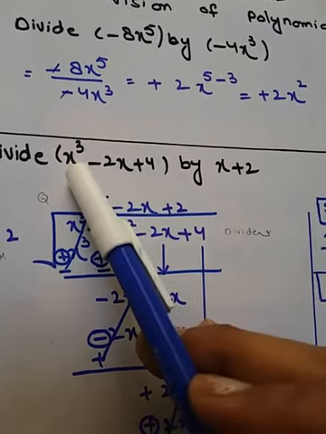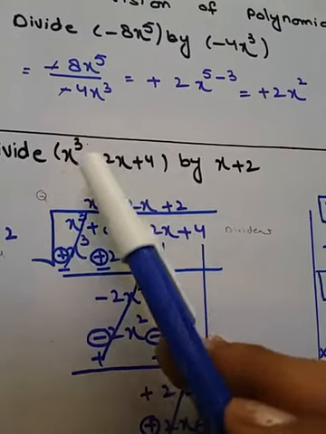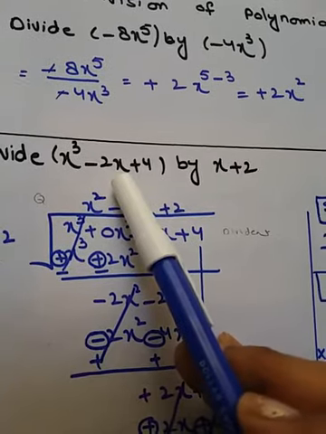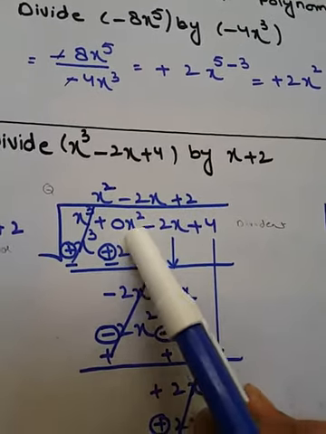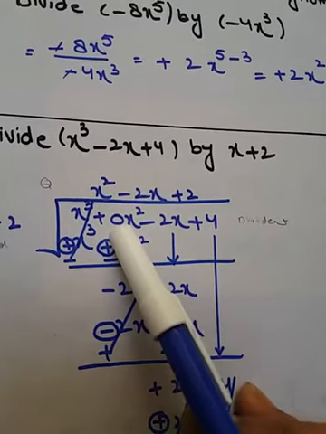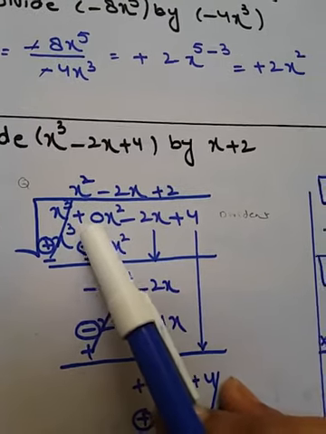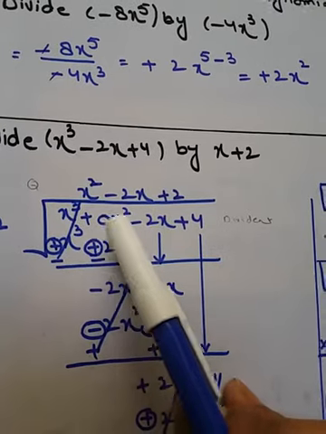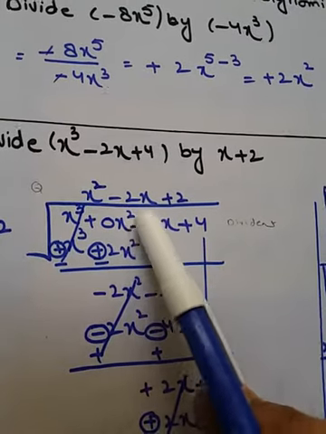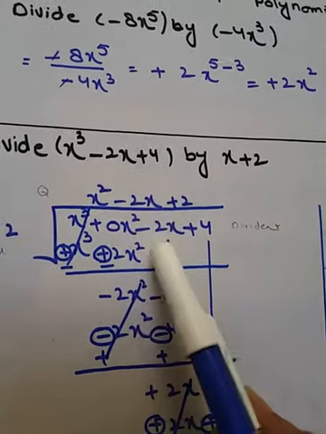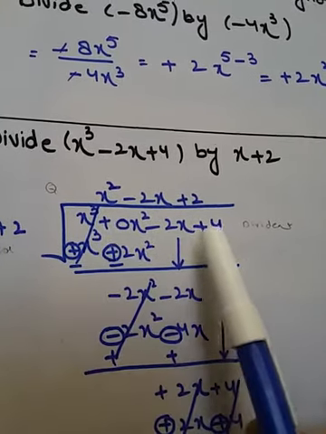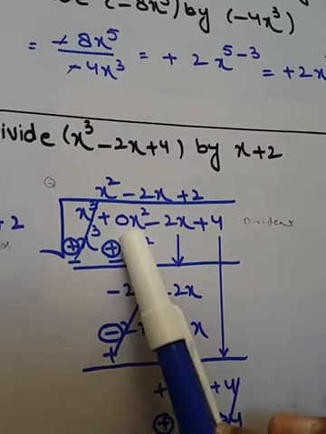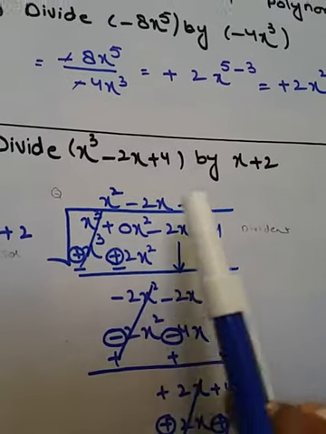Okay, and here you can see x cube, right after x cube we have minus 2x. So x square is missing, so we will write plus 0x square. Whatever term is missing we will write with plus sign, plus 0, and whatever variable is missing we will write that one. Minus 2x as it is, plus 4. Now this expression is already arranged in descending order and we have already written the missing terms.